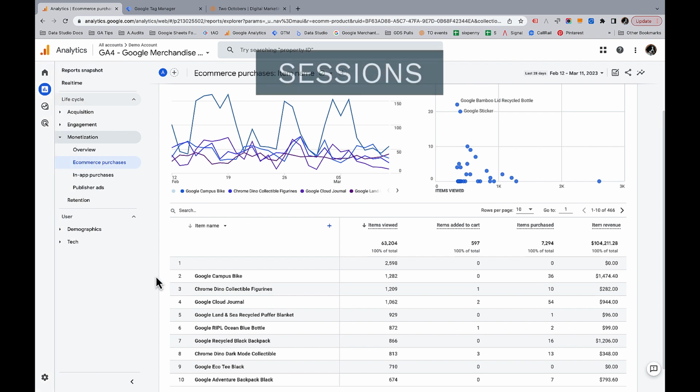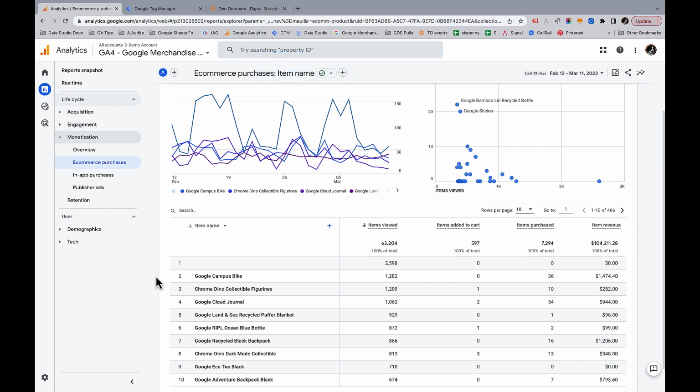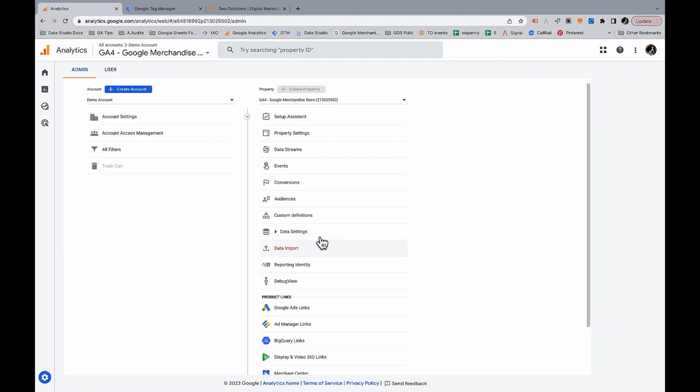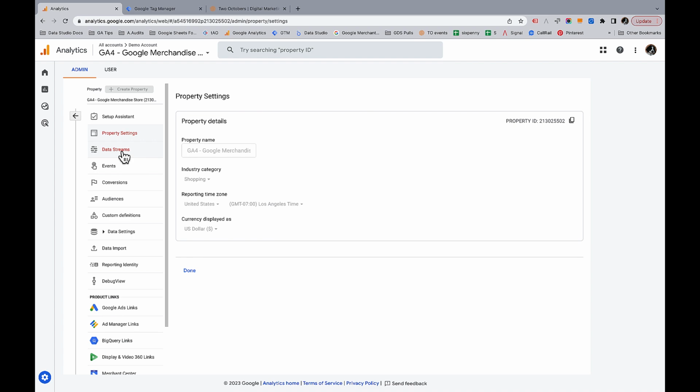I've also heard people talk about how the concept of sessions has gone away, and that isn't really true. If you look at the data that gets collected in GA4, there is a session identifier. I mean, basically sessions still very much exist. I think the underlying data model sessions are treated a little bit differently, but similar to Universal Analytics, we can go and if we go to data streams,